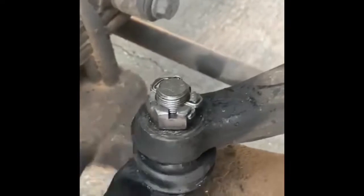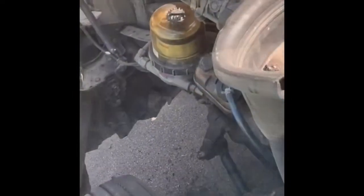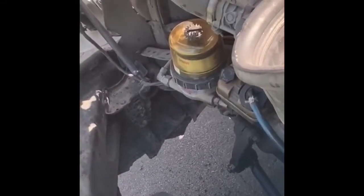So what I recommend after you install this is that you check it pretty often. You check the nut. If it's loose, just try to spin it back and forth, just to make sure you've done it right. Now I'm gonna test it. I'm gonna spin the steering wheel and I want to know if I can hear the noise